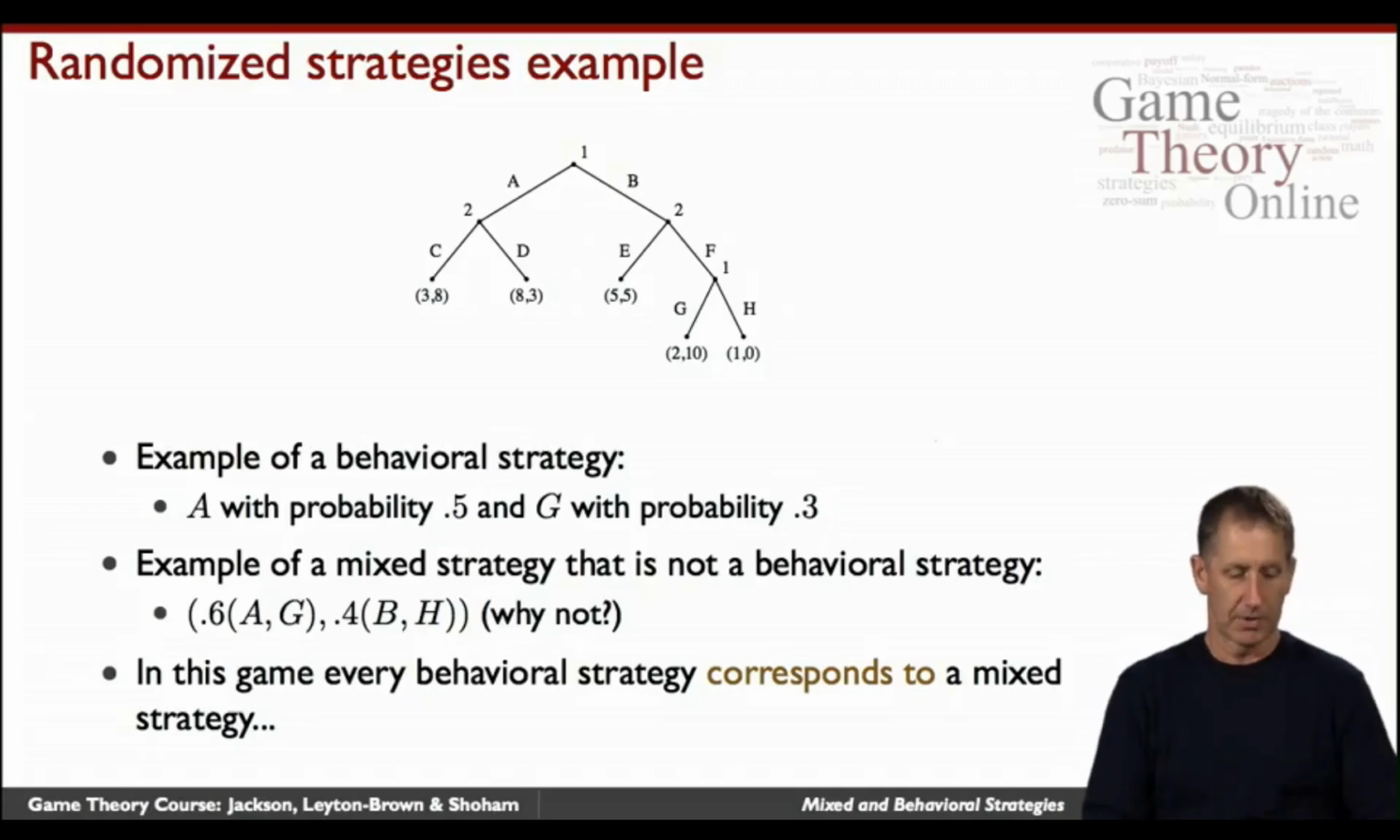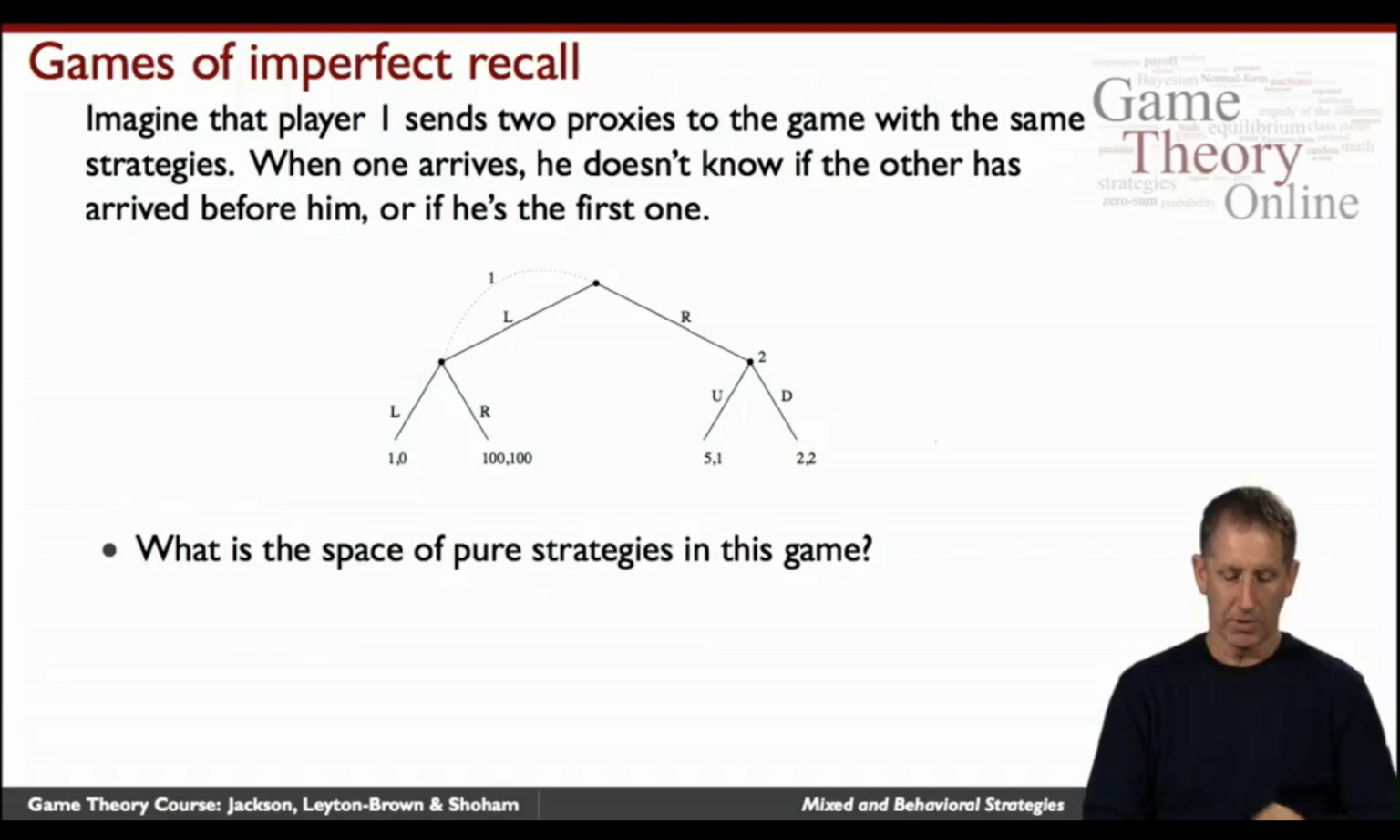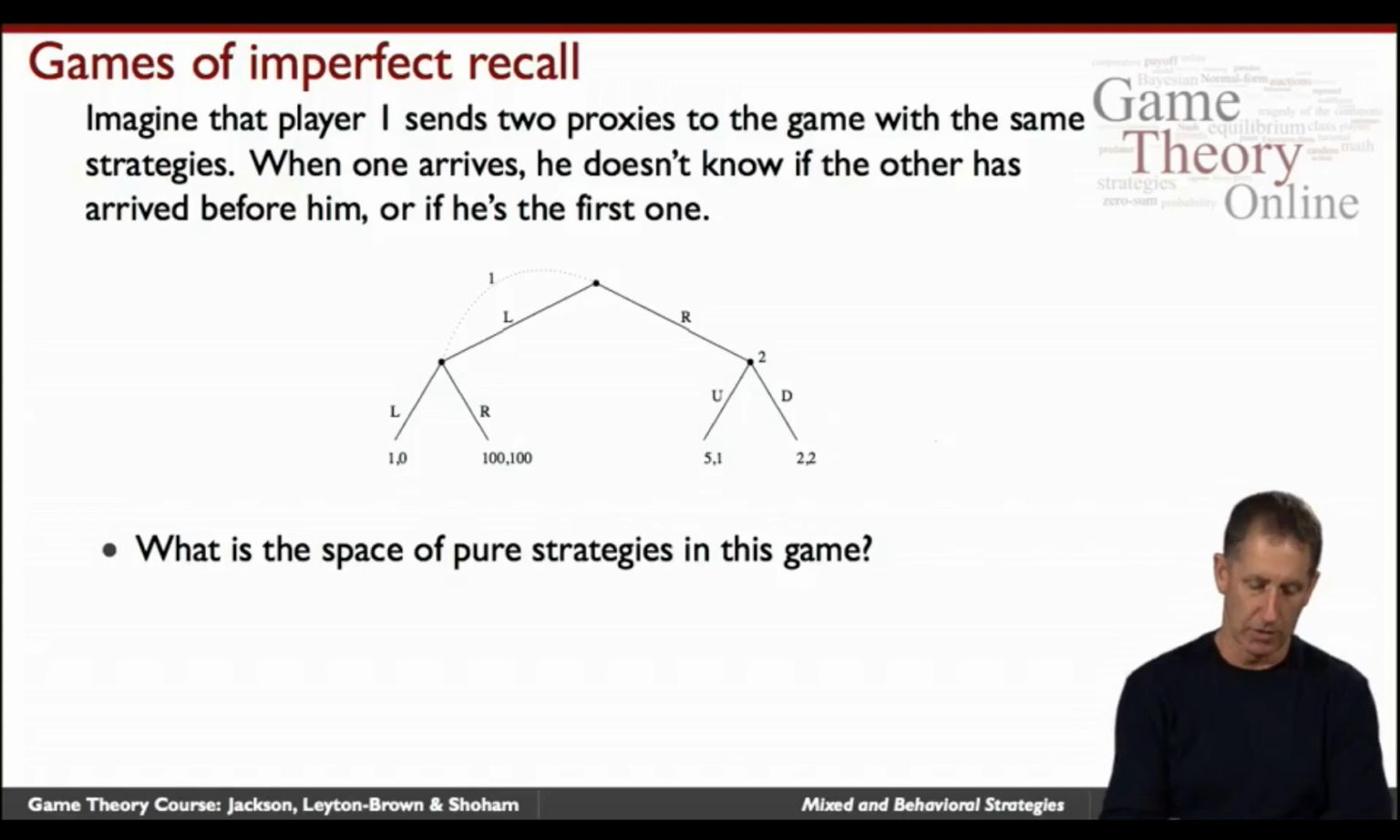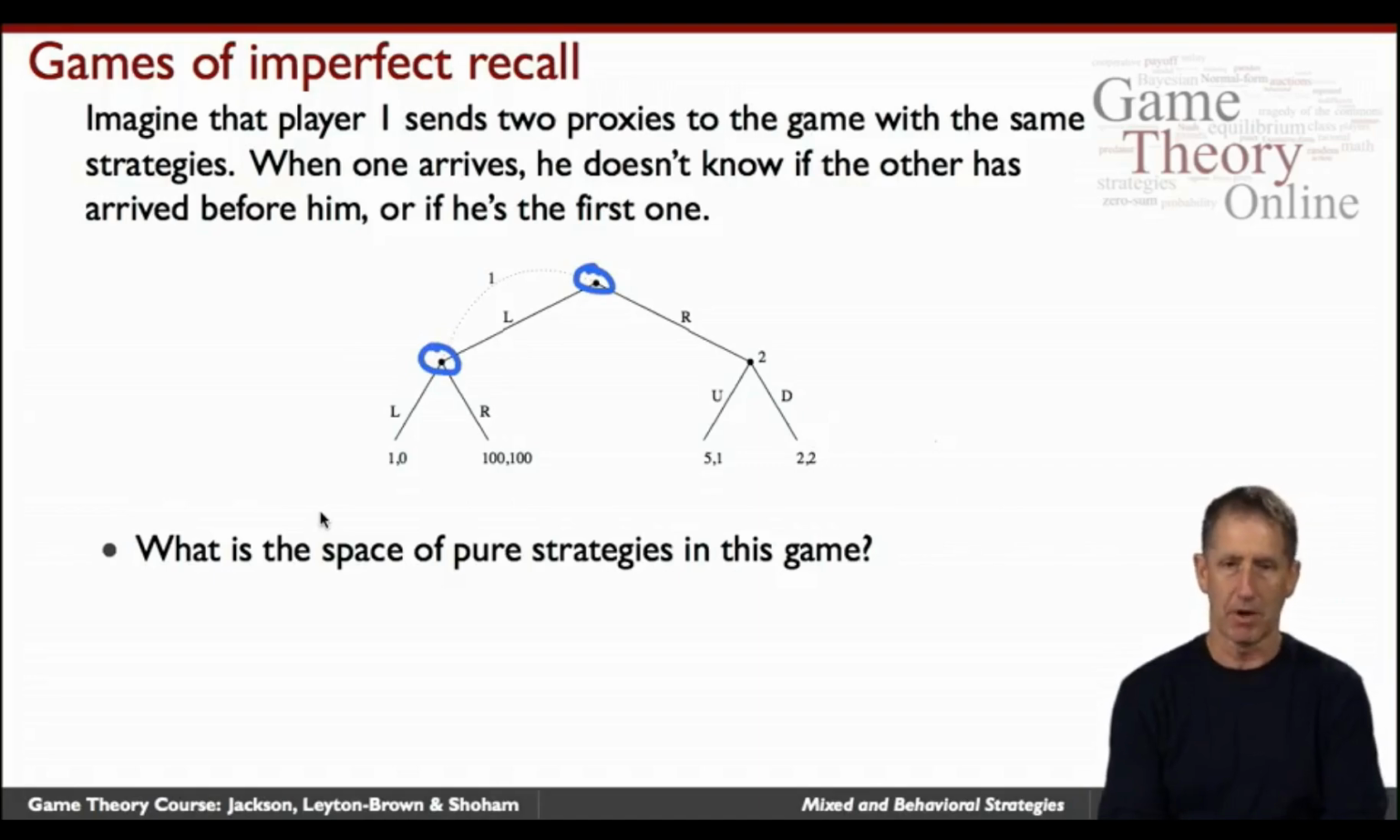To see an example of a game without perfect recall, consider the following game. So player 1 has here two nodes, this node and this node, and he cannot tell them apart. And you can think of it as basically sending two agents on your behalf to play, and neither agent knows which of the two places it landed in, in particular what the other agent did. Regardless of your interpretation,